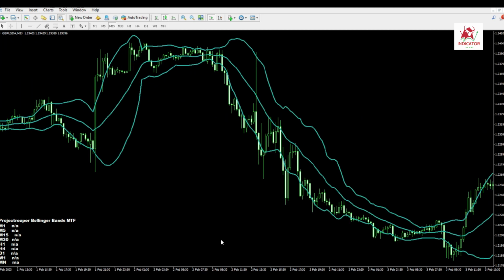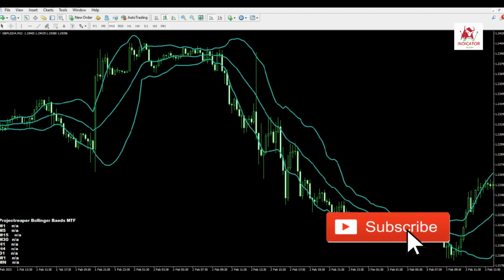Bollinger Bands MTF alert strategy for MT4 overview. Bollinger Bands. Bollinger Band is well known as an overbought/oversold indicator. The upper band acts as a resistance level and the lower band acts as the critical support. The width and slope of the channel show us the intensity of the market volatility. If the width is big, you should be